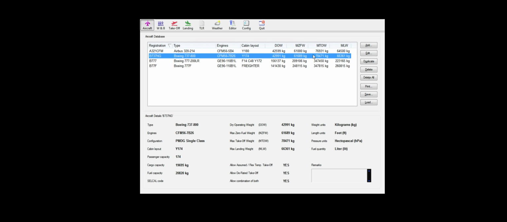So once you have TopCat open, you go to aircraft. Then once you're on aircraft, you go to add aircraft on your right hand. The first tab, the first button on the top is add. So you add your aircraft